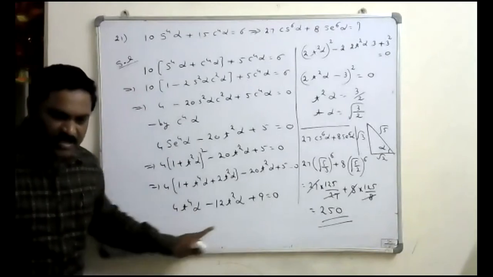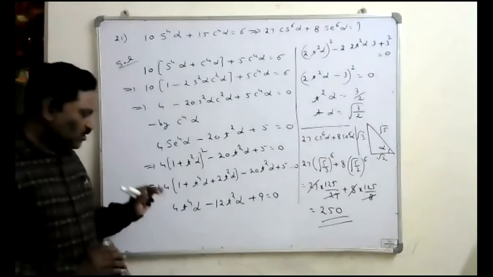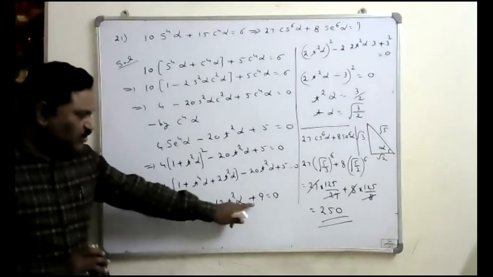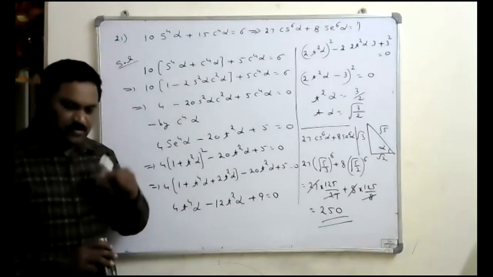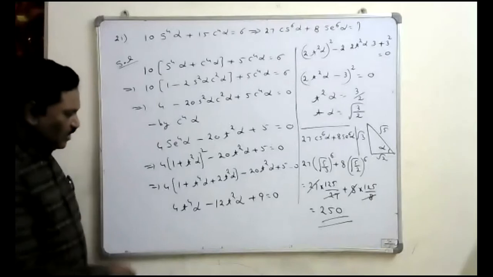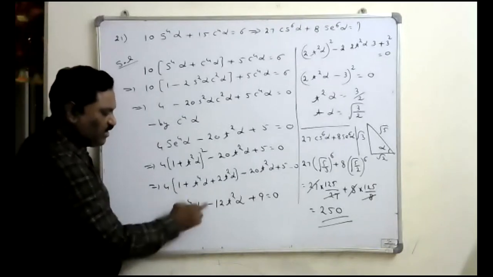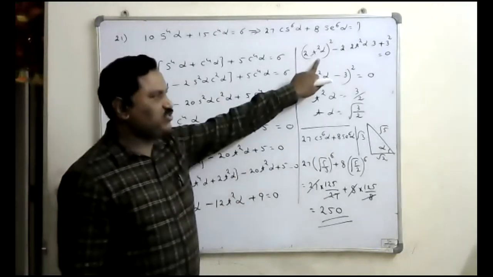This is a quadratic equation, we got it. Now we have to solve this quadratic equation, then we have to find the value of tan alpha. For that, observe these terms once, all these terms you can express in perfect square format. 4 means I can write 2 square, this tan square alpha whole square, together I can write 2 tan square alpha whole square. Like that you can express the first term.